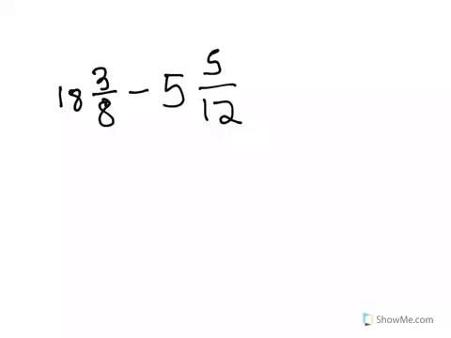When it comes to adding or subtracting mixed numbers, I always change them to improper fractions first. So I multiply this and then add it. Multiply this number and then add it. So I do 8 times 18. That gives me 144, plus 3 gives me 149 over 8. Minus 12 times 5 gives me 60 plus the